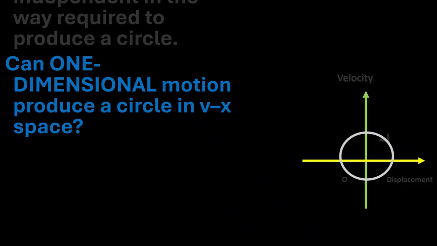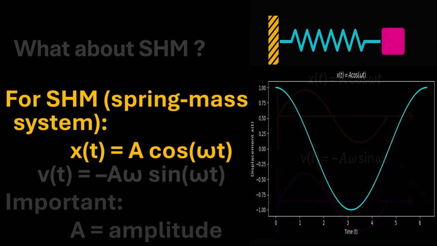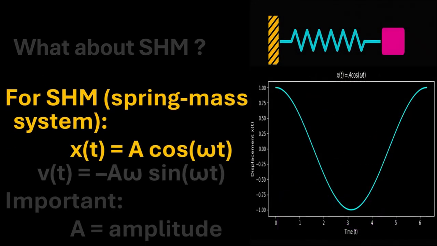Why? I'll just take you through that. See, a one dimensional motion can actually produce such a curve when we discuss the topic simple harmonic motion. For instance, if we consider the simple harmonic motion of a spring mass system, where x of t is A cos omega t, given by the graphical representation here, cos 0 is 1,